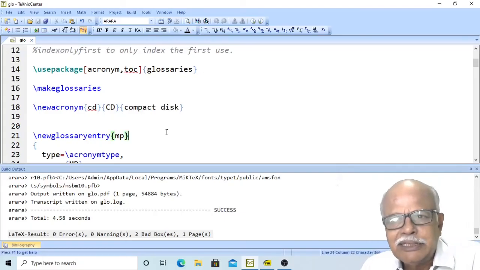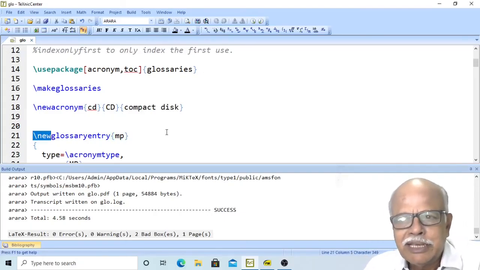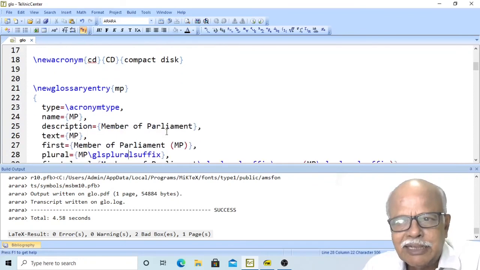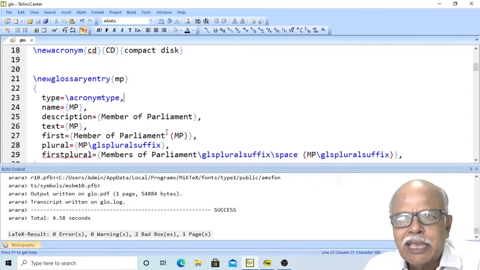Another method is you can say new glossary entry followed by the label within curly braces, and then you will say type is acronym type, slash acronym type, note the slash, followed by a comma, and the name equal to.